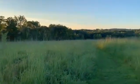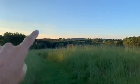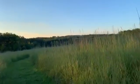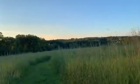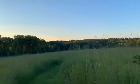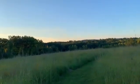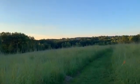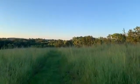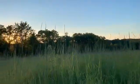So we are currently walking north at Shaw Nature Reserve. If you head towards the highway, you are walking in a northward direction. At Shaw Nature Reserve, understandably, it's 2,500 acres. It's very large, but you can only go so far, right? If you walk far enough north, you'll be stopped by the highway. If you walk far enough south, you'll be stopped by the Meramec River. If you go too far east, you'll be stopped by the city of Pacific, which has a really nice Mexican restaurant. If you happen to be lost, you get yourself some chips and dip. And if you head too far to the west, you'll hit Route 66, the old Highway 66, with the Garden View Hotel. So you can only go so far here at Shaw Nature Reserve,